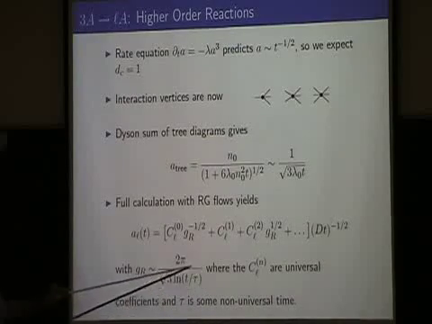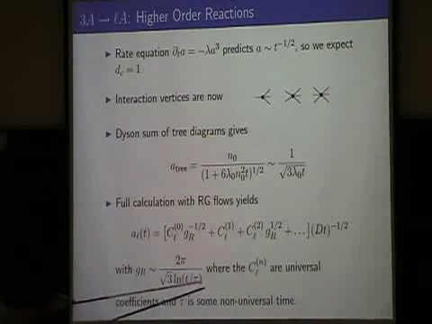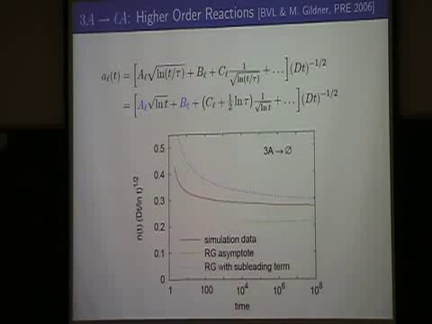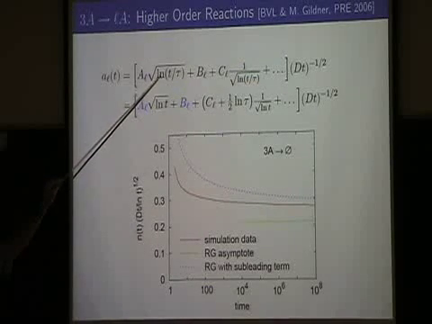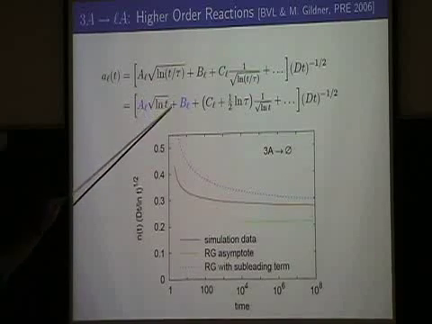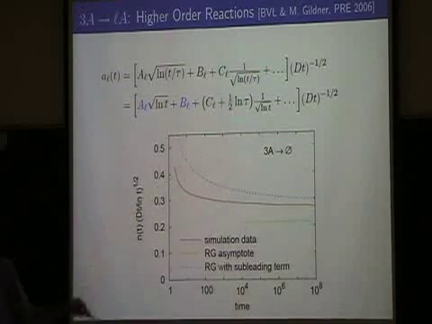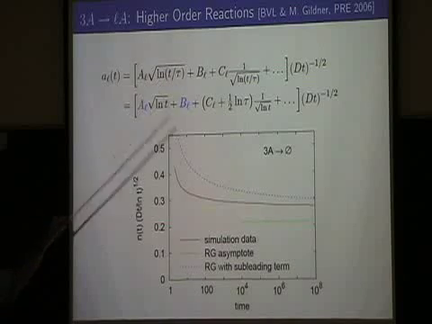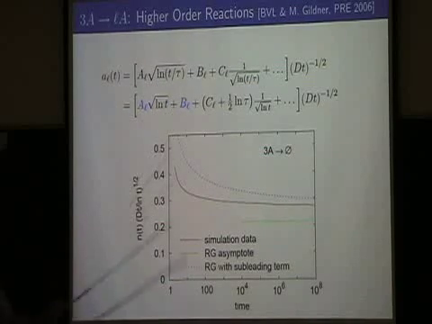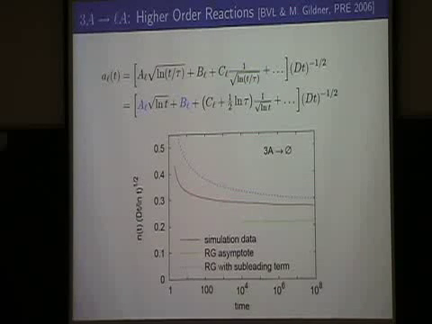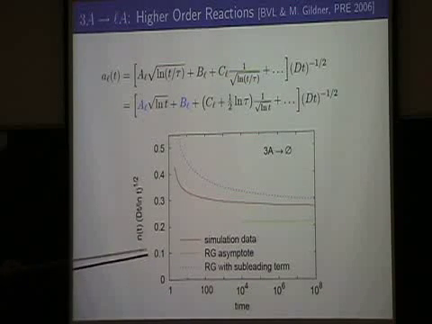Okay? But here's the non-universality of RG. There's also non-universality in the sub-leading time term. Well, because I've got this square root here, right, that's log t minus log tau, and when I expand that out, it pops way down here. It doesn't happen in d equals 2 for the A plus A reaction, because there I don't have a square root. In that case, my leading correction is already non-universal. But here it pops down one more order,